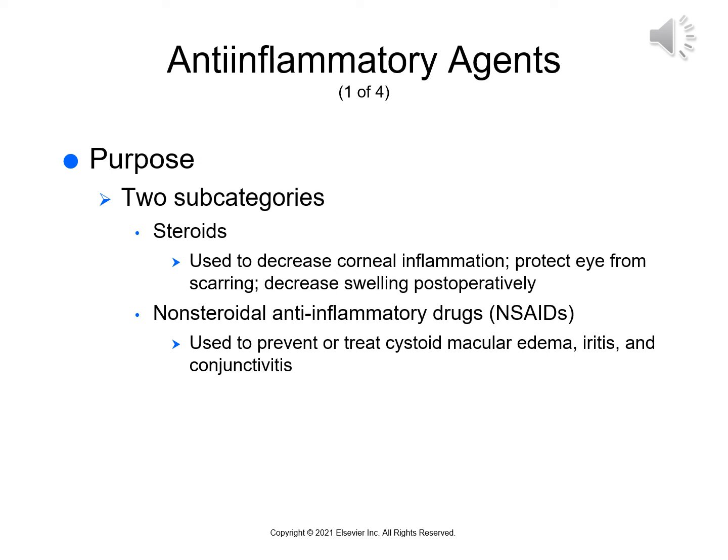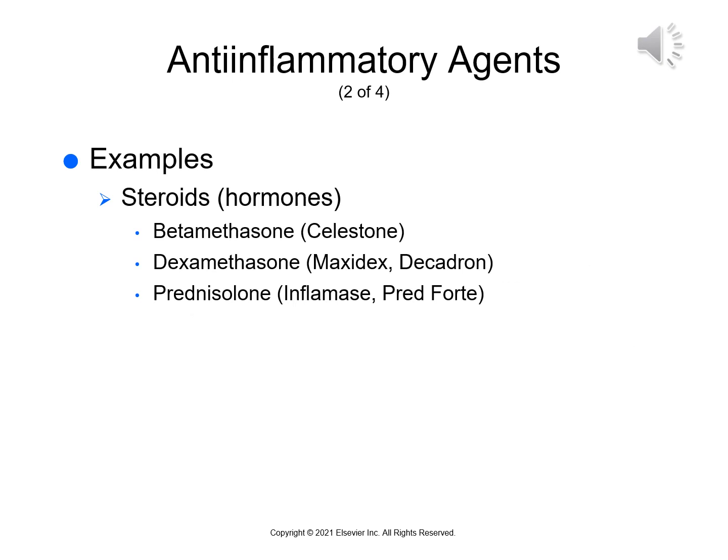Steroids are hormones with a wide range of effects. They are used in ophthalmology to decrease ocular inflammatory response to trauma, to decrease corneal inflammation, to protect the eye from scarring, and postoperatively to decrease swelling. So the first class of anti-inflammatory agents, steroids, some of which are shown here, are hormones, again, with a wide range of effects. Steroids are contraindicated in the presence of infection because they are not bactericidal and tend to hide the symptoms